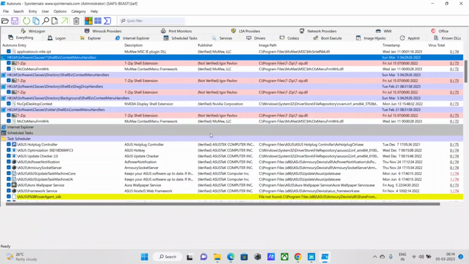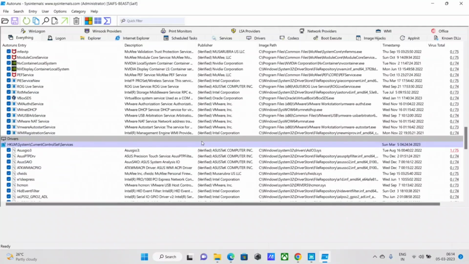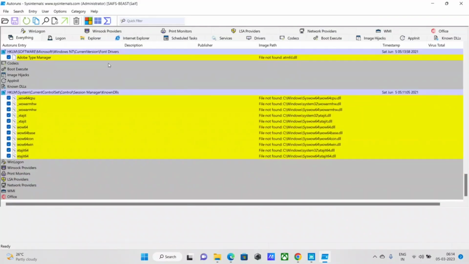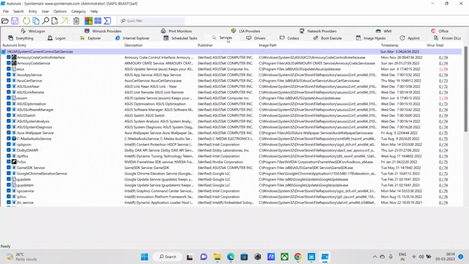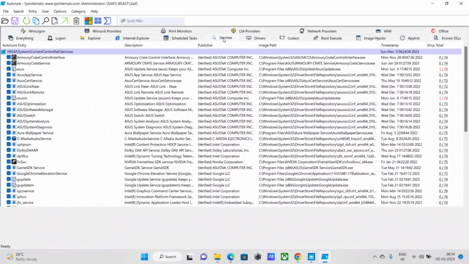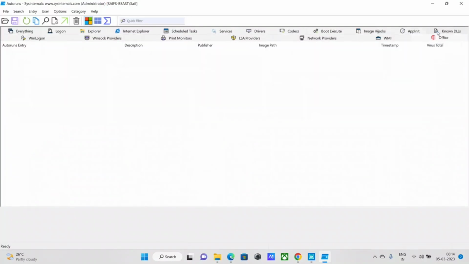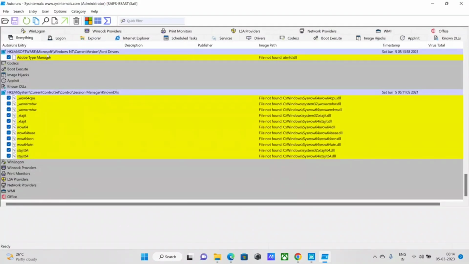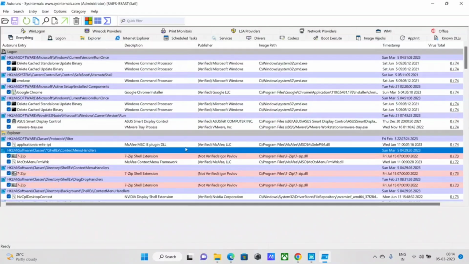So let me quickly move to the next color code if there is any. Let me check if there is any other color code out here. I don't see any other color codes. Let me switch to some other tabs and see if there are any green color entries. Not seeing any green color entry, guys, but however there is another color code in the form of green,